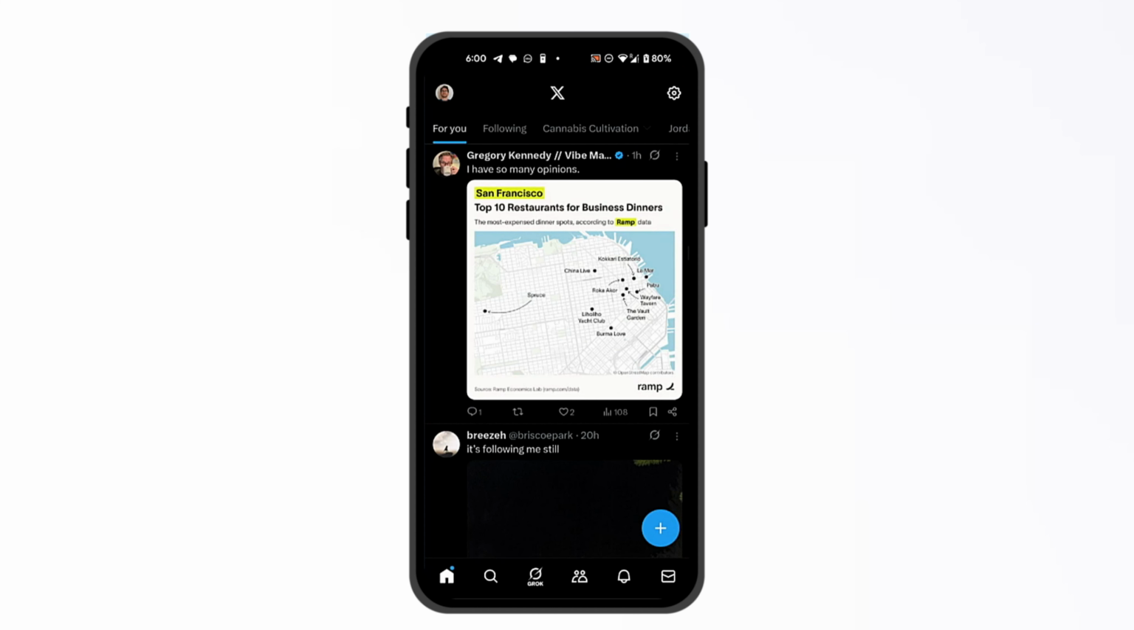Hello everyone, today I'm going to show you how to verify your X account and your age on your mobile